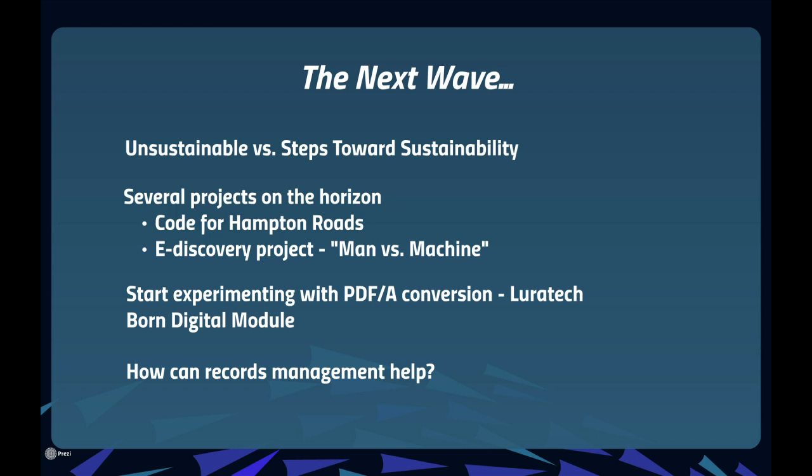They're going to be doing a hackathon this weekend for some big national hackathon event some of you may know about. So they'll be using the Kaine emails. They have normalized it into a big database, and they're offering that up for coders to come up with something groovy with it. And we're also in the beginning stages of an e-discovery project that we have termed at the library Man versus Machine. So we're going to see how a machine stacks up with our man machine over there,